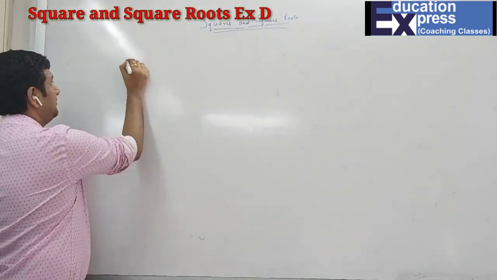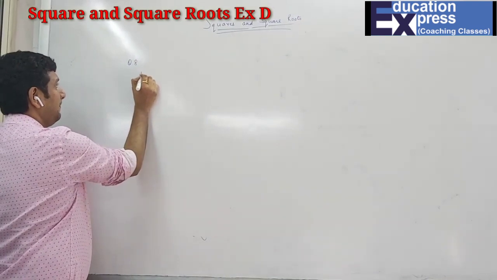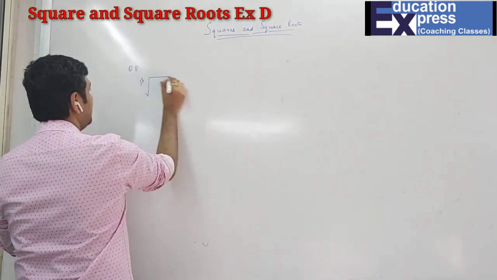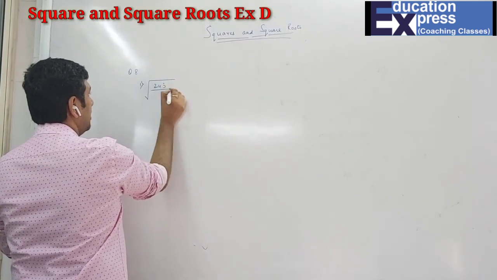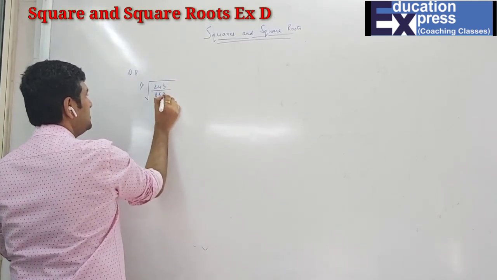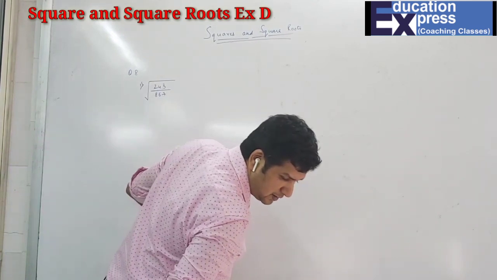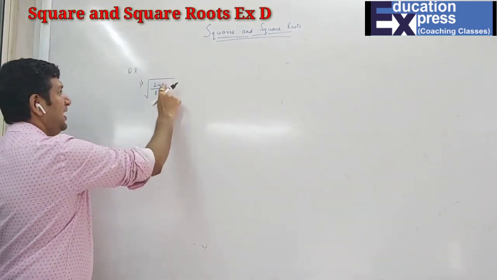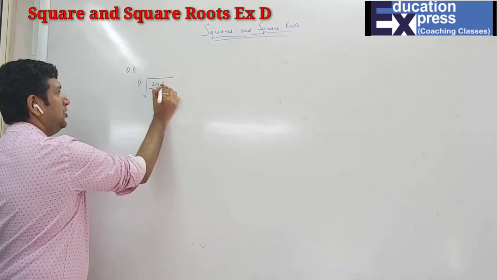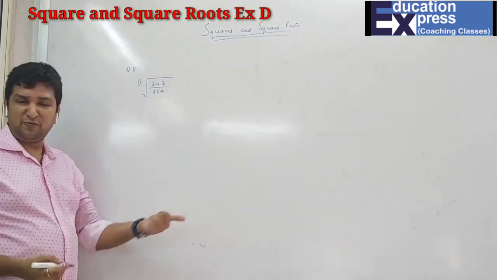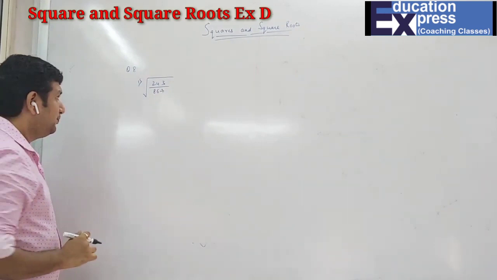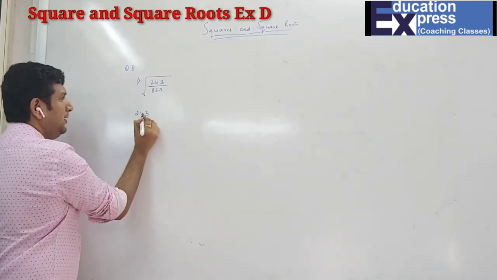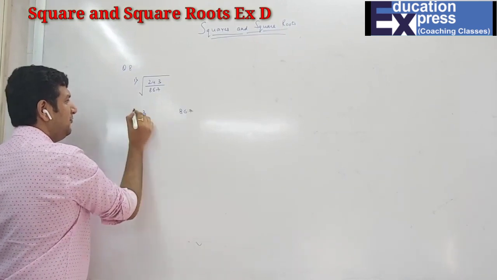Number 8, again the same thing. Square root of 243 upon 867. Now looking at the question, it ends in 3 and 7, which are odd-placed. We know that they are not perfect squares. That means it's not a perfect square for sure. So now what I'll do is find the factors for these first. So 243 and 867 are the factors.